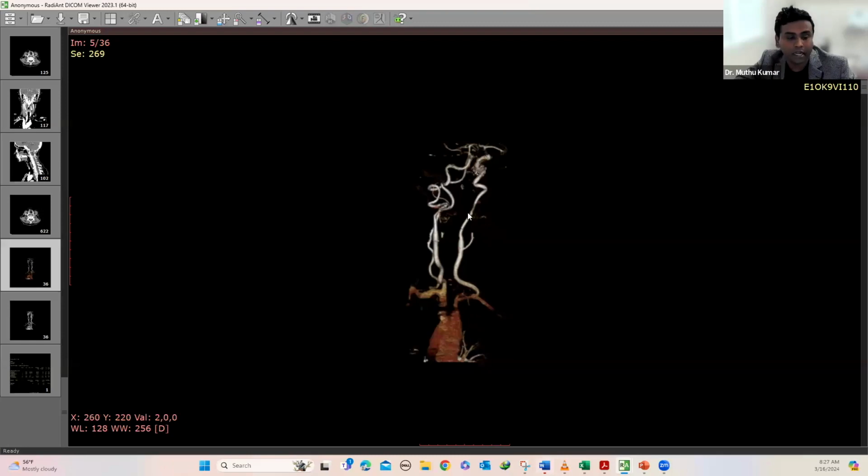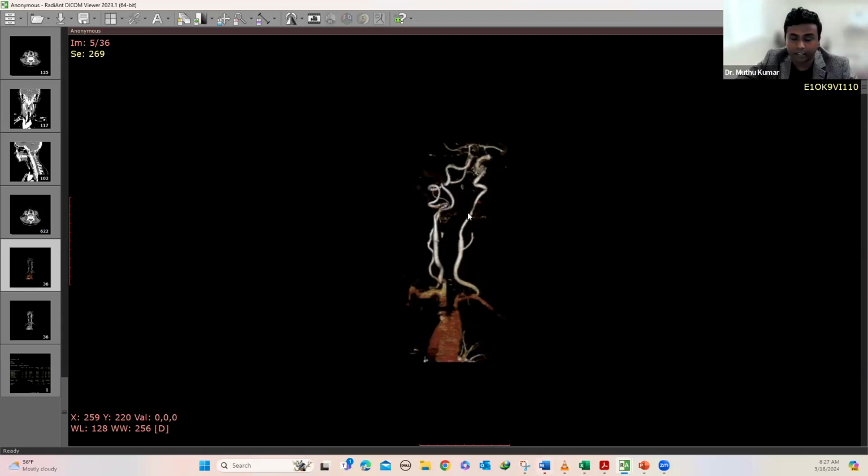So this patient, an 80-year-old female with headache and non-specific symptoms, they suspected temporal arteritis. They did a CTA neck going all the way down to just 2 centimeters distal to the aortic arch. So whenever you are protocoling a patient suspected of giant cell arteritis, please include the upper chest at least until 2 centimeters distal to the aortic arch, because descending thoracic aorta and left subclavian can be commonly involved